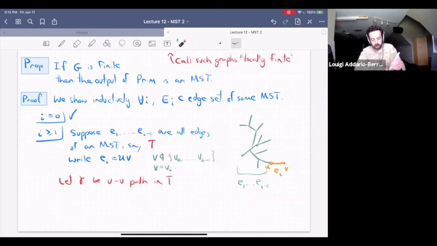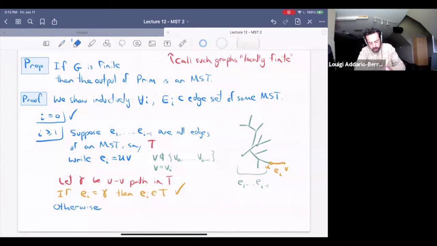Then we're done, because all we're trying to do is show that when we add in E_i, this enlarged edge set is still the edge set of some minimum spanning tree. So if this is an edge of T, then that does it for us. So if E_i is in gamma, or in that case it's equal to gamma, then E_i is in T, and that's great. Okay, and otherwise,